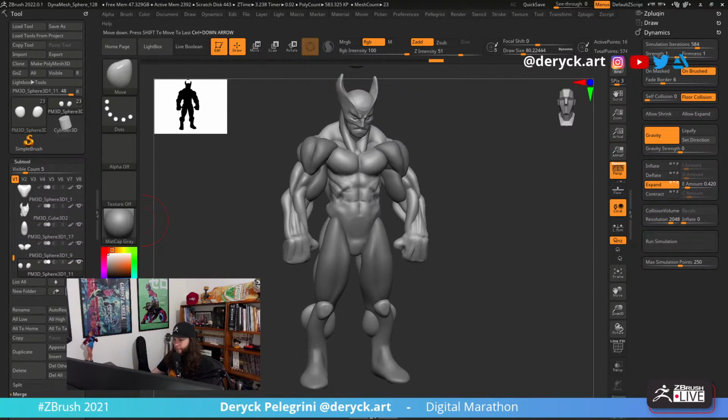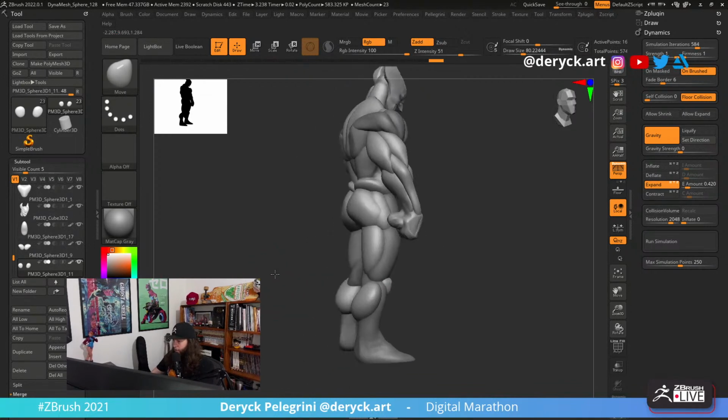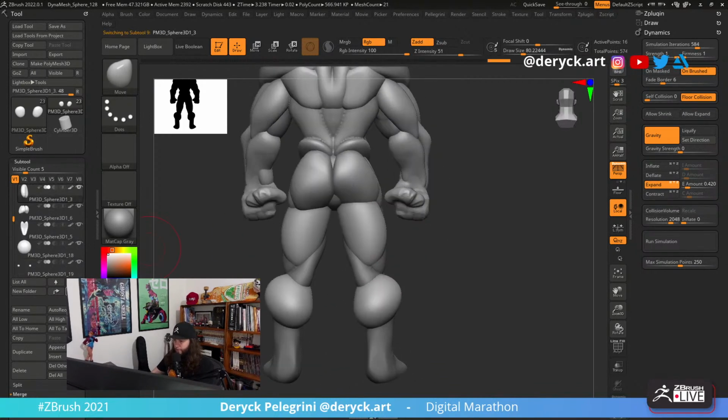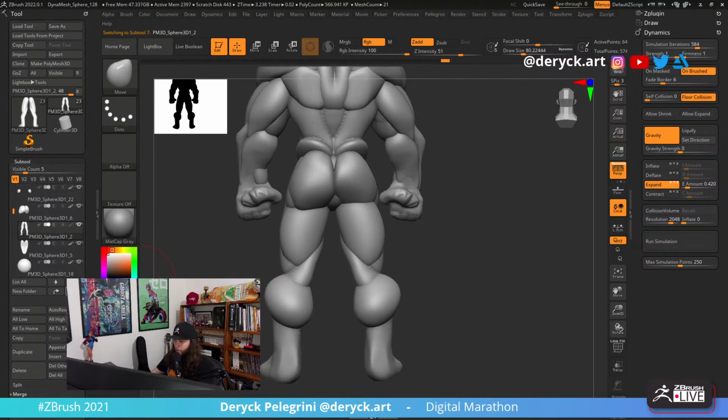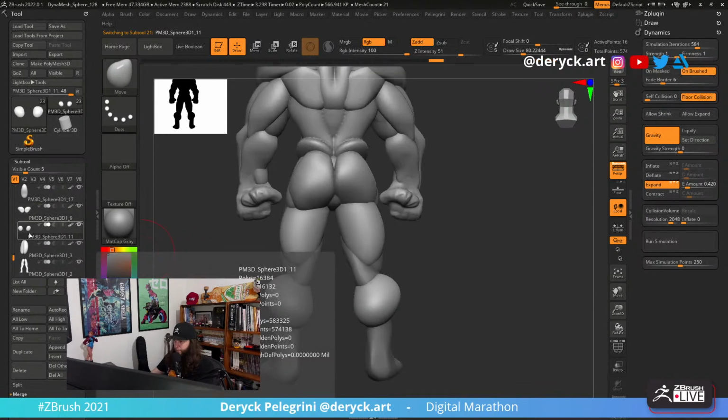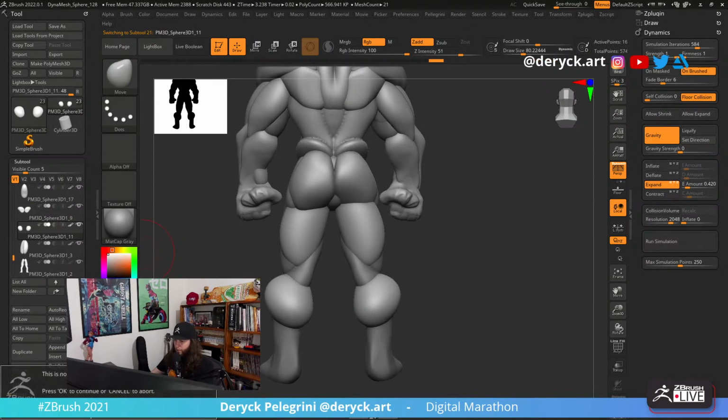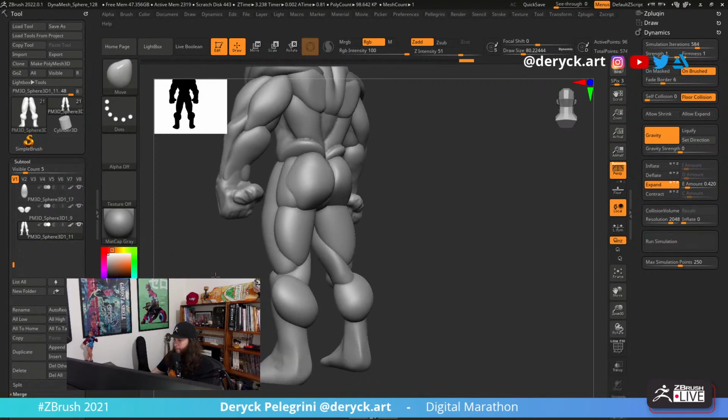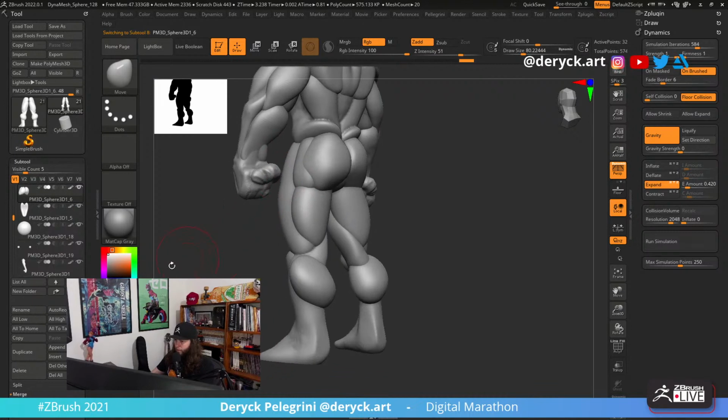So let's do this. Turn this down and put this all the way down as well. I'm gonna do the same here. Merge down. Just need to put this part.